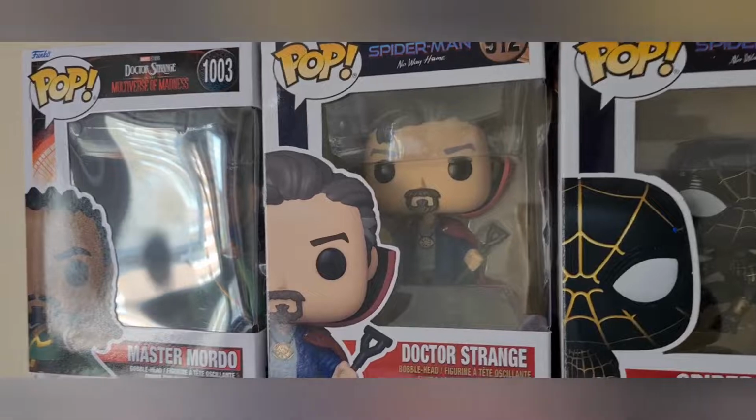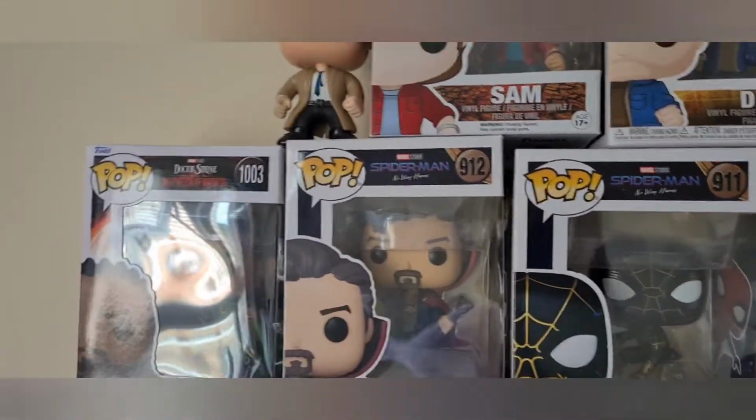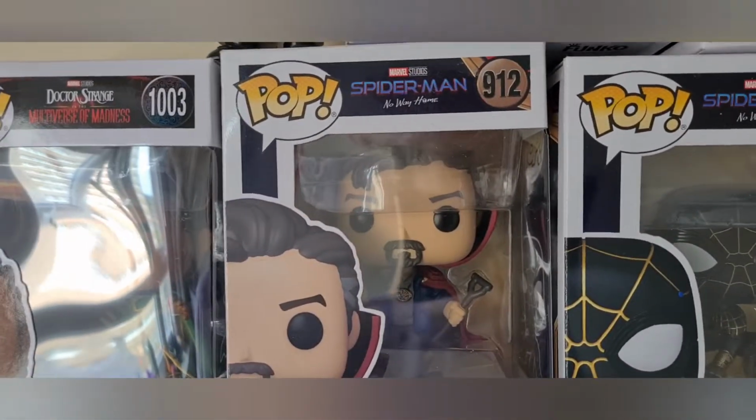2 pops I would love to have down the line. The MJ has become really rare to get. The Ned, I see every now and then, but I never pick it up. Here we have Doctor Strange from No Way Home, and this Doctor Strange is very weird, very out there, and